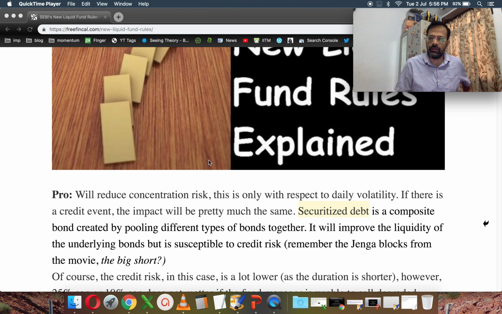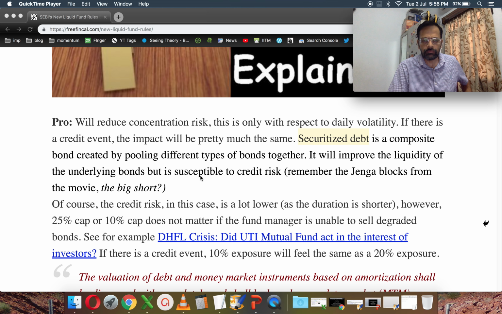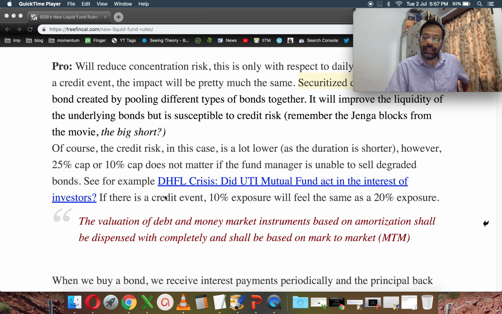In September or subsequent months itself, it could have been handled in a much better way. There was no need for this kind of problem. I've written about this already. The valuation of debt and money market instruments will be based on mark to market and not based on the